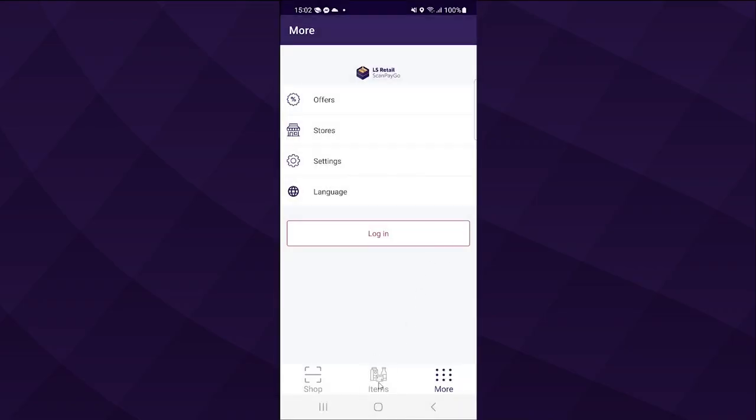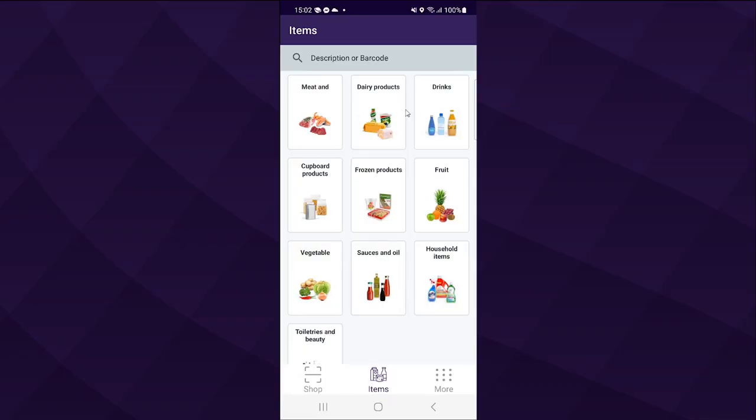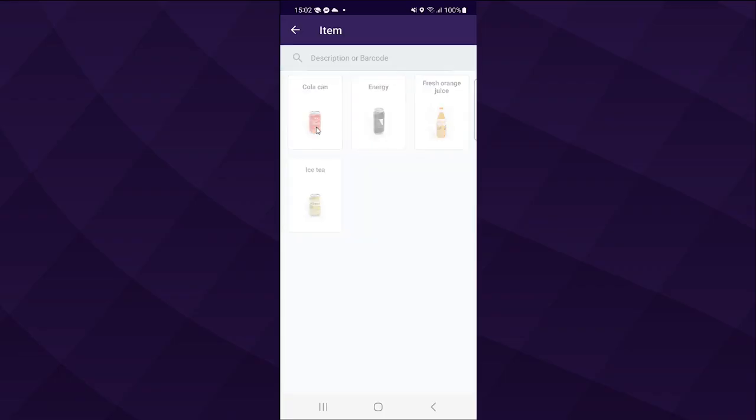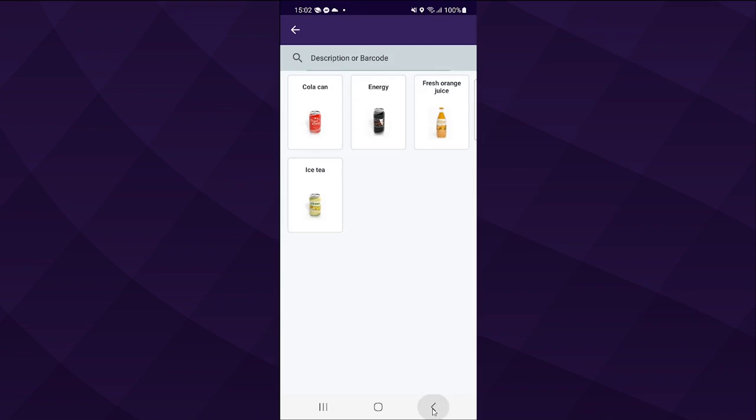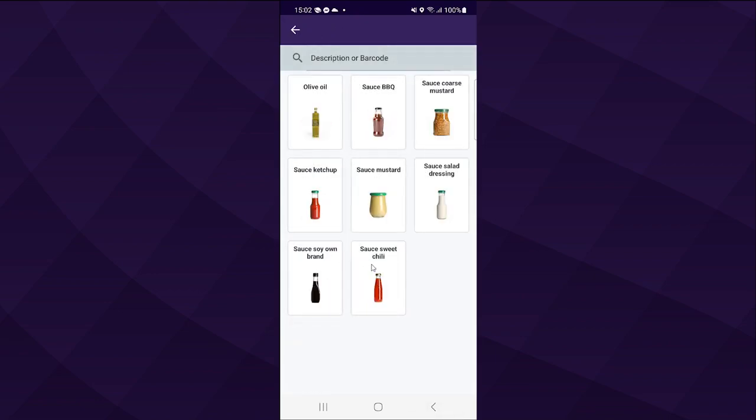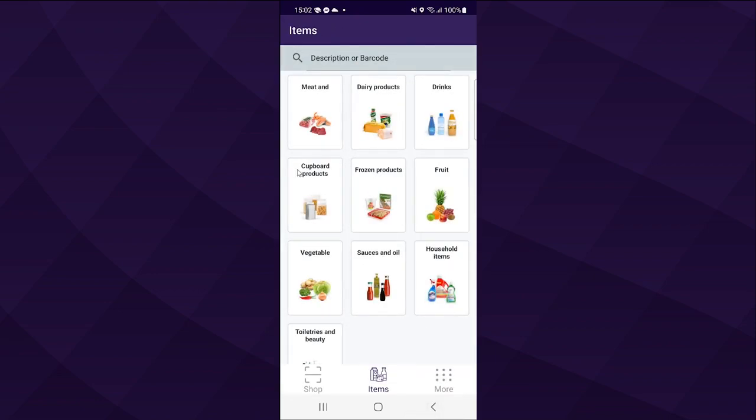So here we have also items. Here you have a hierarchy of items. You can go into drinks and you can look into each and every item, and then you can find more detailed information. You can go into other places and find other items. So what do you think this is? You have seen it before. This is the hierarchy. Remember the hierarchy we were using in clienteling POS? This we can have as well in the ScanPay Go app. And then this hierarchy is as well used in e-commerce, so it can be used in different places in the system. But we only have 3 options here.